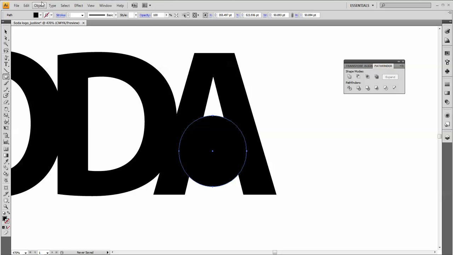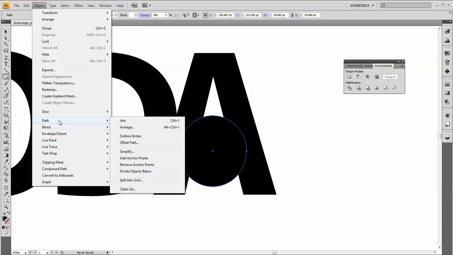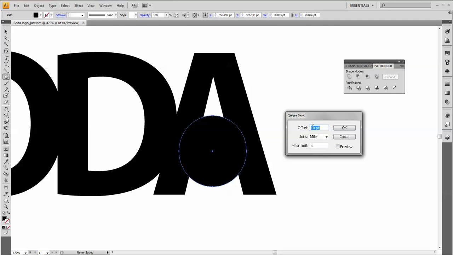Now what I'm going to do is go to Object, Path, Offset Path. And I get the offset options here. I'm going to click preview. The default is 10 points. What that did is added a 10-point line around the outside, but that's not what I want. I want to cut out the interior part. So I'm actually going to put a minus sign in front of this